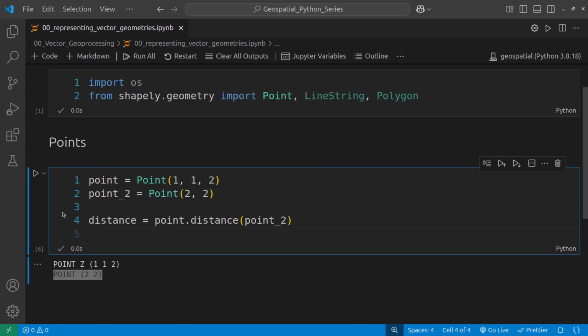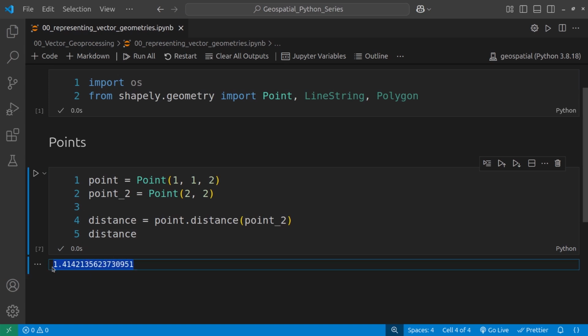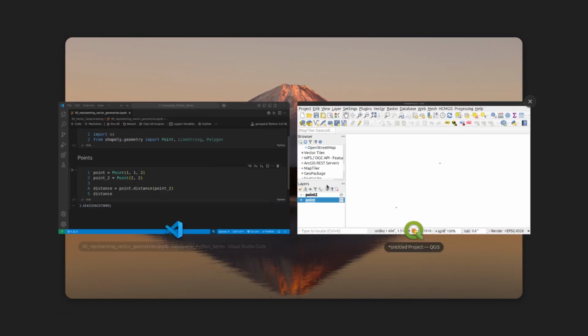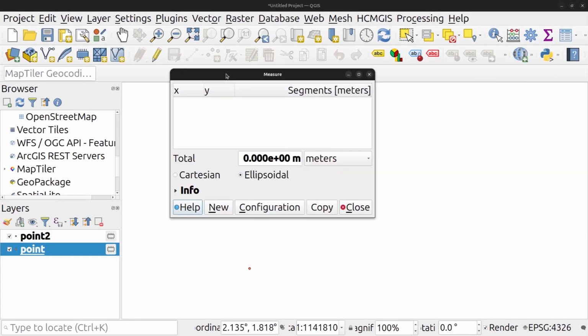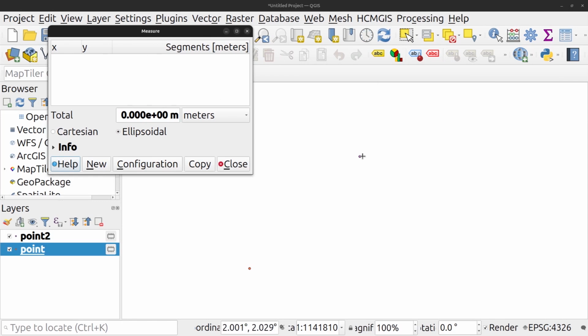or even in a notebook, I can just call it. So I can just say distance, and that comes in, and that is correct because this is from 1, 1 to 2, 2. So this is the value we should get. We can come to QGIS and confirm that. My distance measure 2 is here. So I just click here, drag it up to this point, and okay,